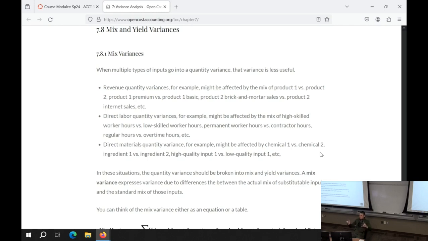So we say, how much of our quantity variance is due to the fact that we poorly mixed, or maybe we mixed the substitutable inputs really efficiently. Direct materials is the most obvious one, but I went to direct labor because it's first in the bullet points and because it's probably more relevant to more of us going into service and knowledge work than in the past in this class. But direct materials, visually, I like better because it's easier for me to think of a vat of chemicals. Liquid volume,